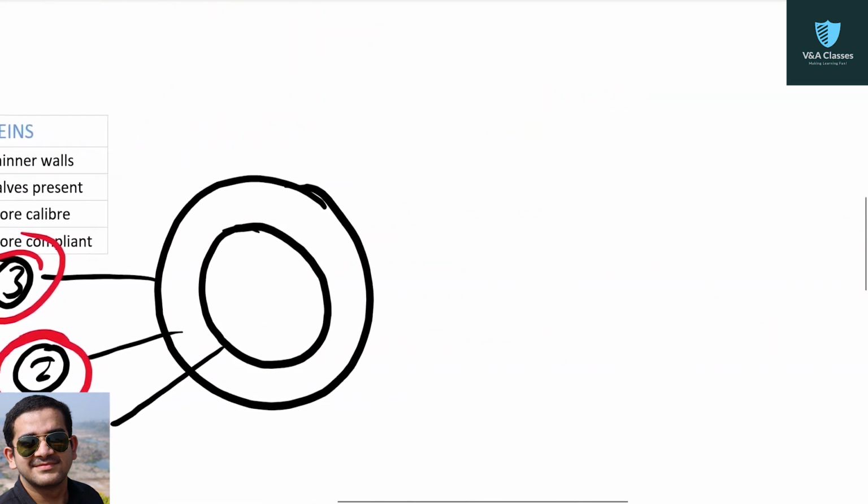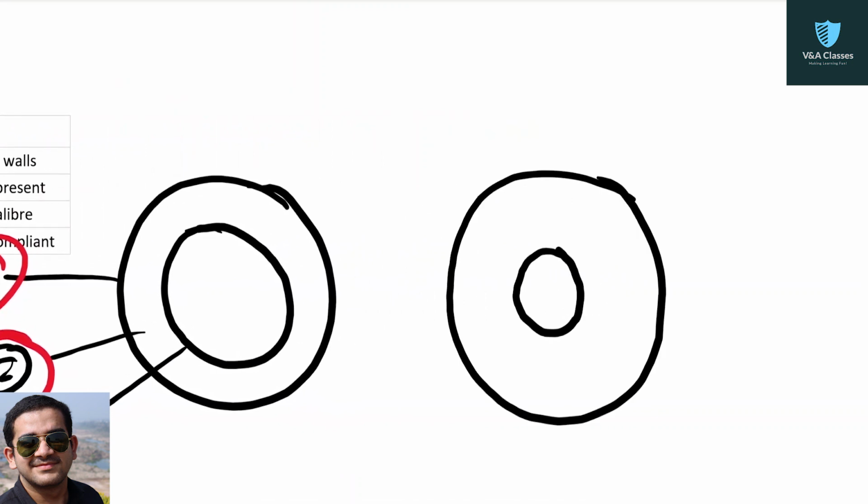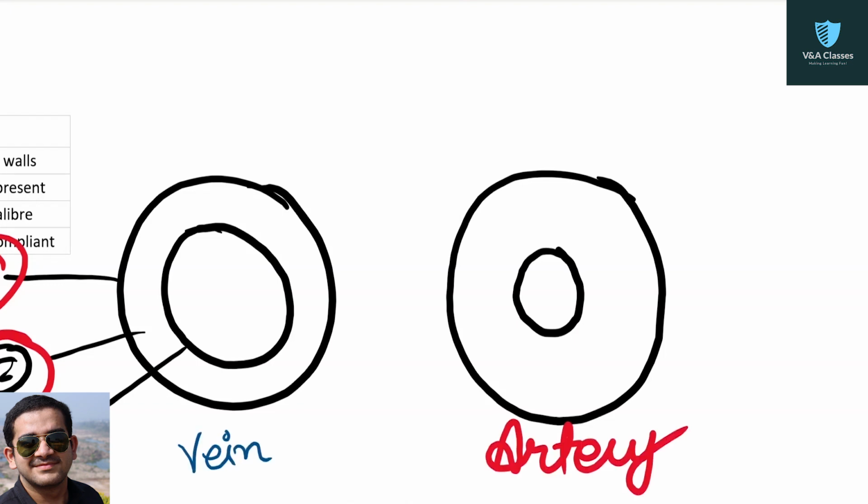Okay, so if we compare artery and veins by means of a diagram, this will be the diagram of a vein and this will be the diagram of an artery. We can see the second layer is thicker, whereas it is thinner in veins. What else can we see? The caliber of the blood vessel is smaller in case of arteries because of a thicker wall, and it is wider in case of veins. What other difference is there in artery and veins? In veins, you have valves to prevent the backflow of blood, but there are no valves in arteries.